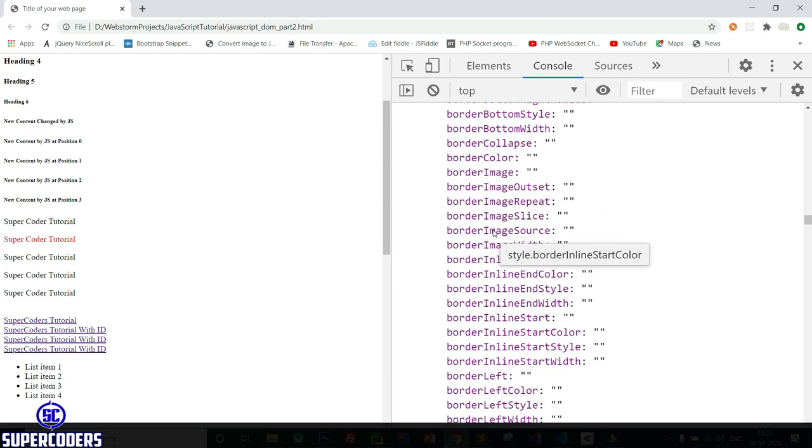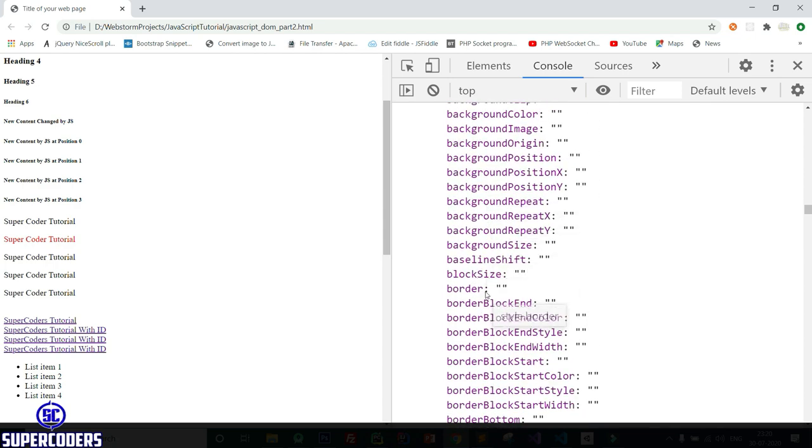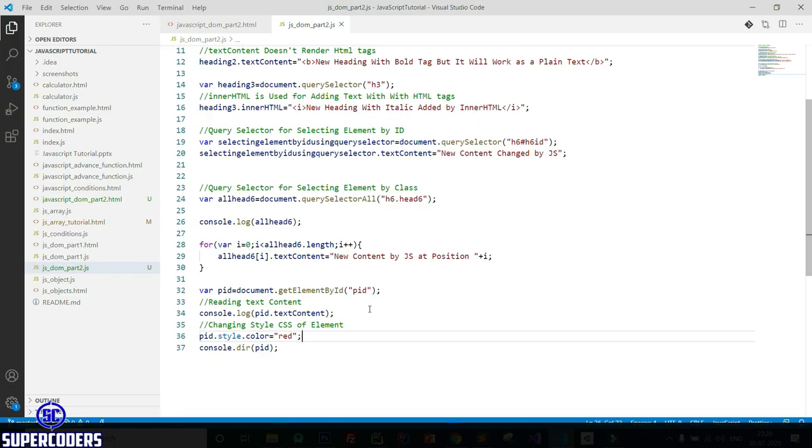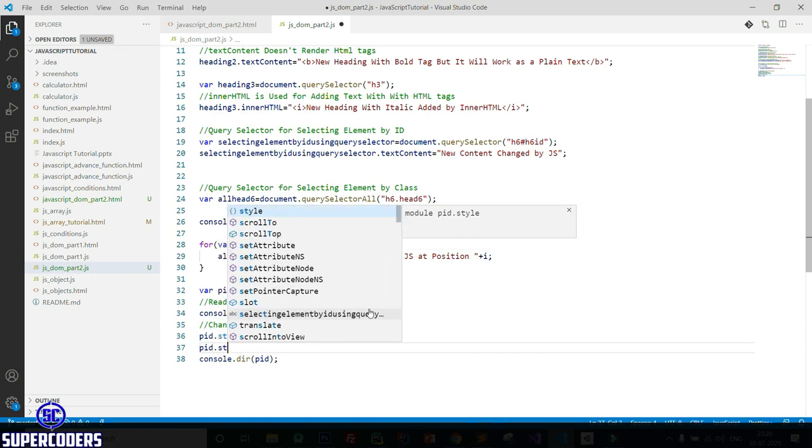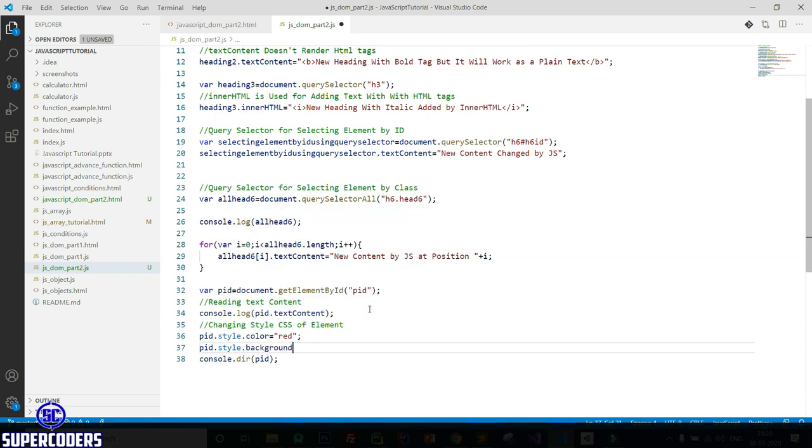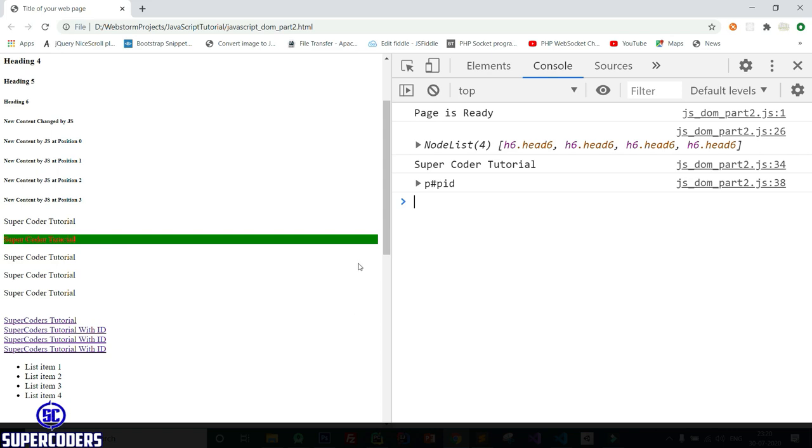Let's change this background. So p dot style dot background equal to green. Again refresh, and here you can see it's changed.